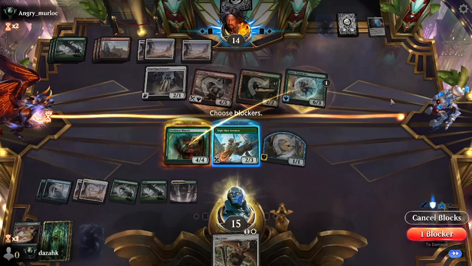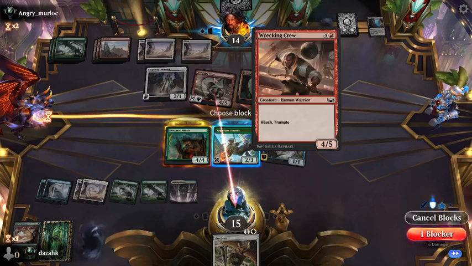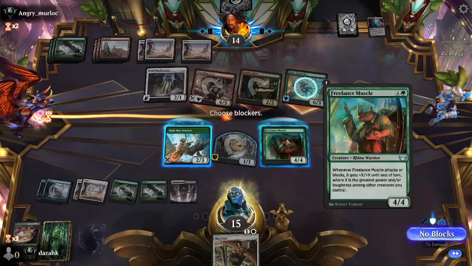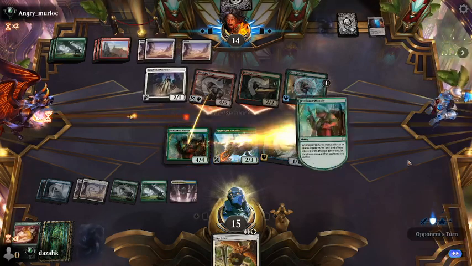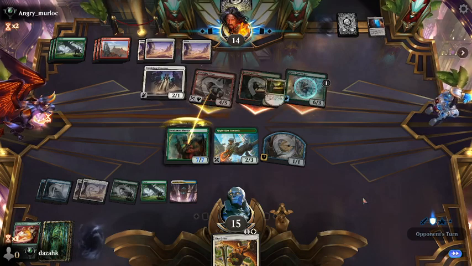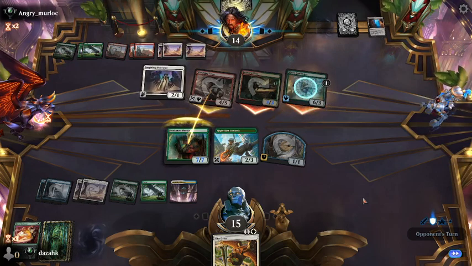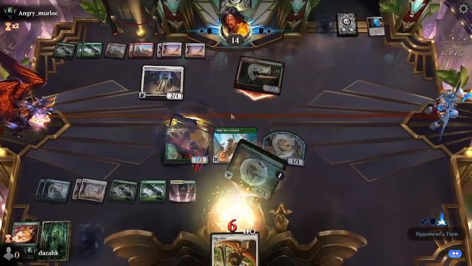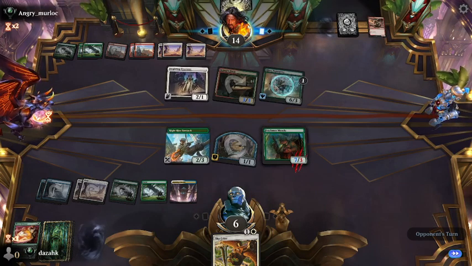At least this takes some trample off the board. But if he's got nothing, right, I can just kill his Wrecking Crew here. Yeah, let's try and kill his Wrecking Crew. And I'll take 8. So if he has a Strangle in hand, he could kill the muscle post-combat. Would have been true if he had...